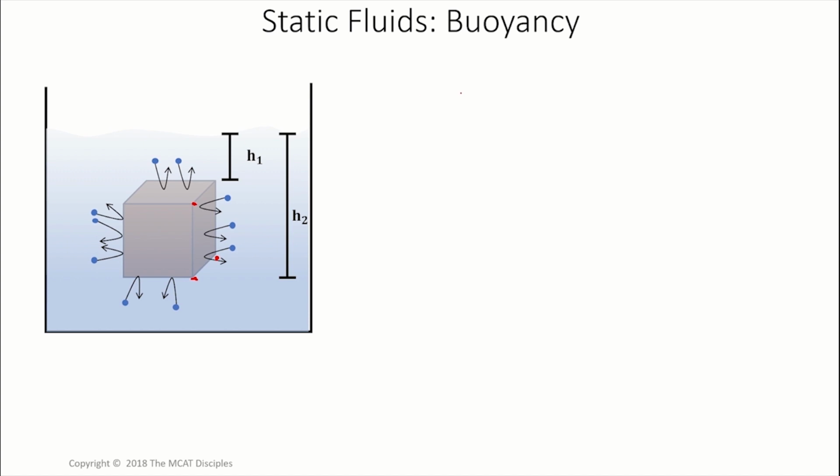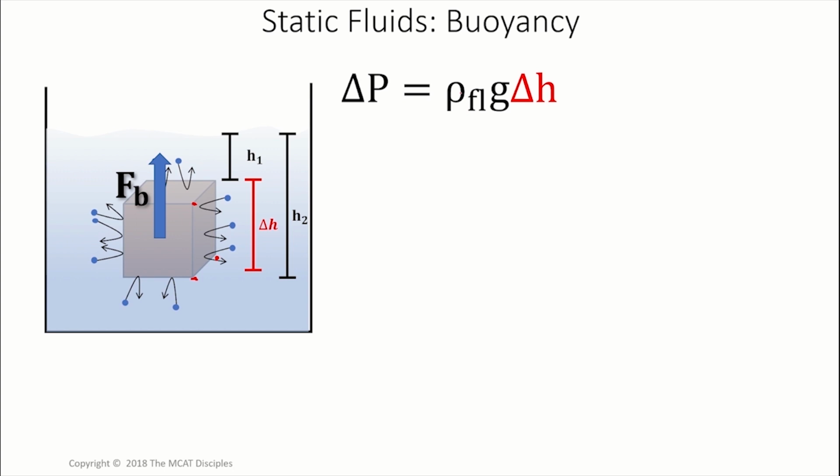So you know that there's some force there that's pushing this upward, and that force is called the buoyant force. You know the pressure, because pressure is equal to rho g h, and the difference in height of this object gives you the buoyant force. The other reason you know there has to be a force here is that if this object isn't moving, the forces have to balance, because you always have the force of gravity working on you. That buoyant force is what's going to counteract it if this thing isn't moving.